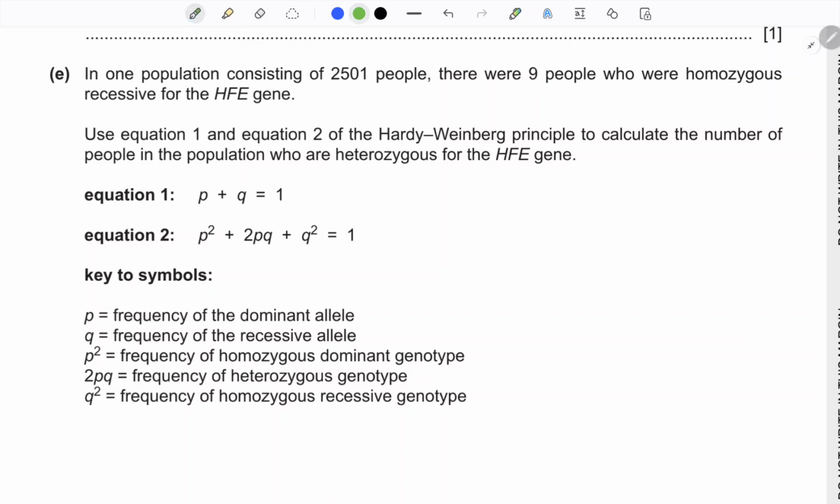It says in one population consisting of, so you have to remember that we have to consider the total population, and then it says there were 9 people who were homozygous recessive. Now, if you have learned the Hardy-Weinberg Principle already, you know that the homozygous recessive is always represented by q squared. So q squared is equal to 9 out of 2501. This is going to give us 9 divided by 2501. It gives us